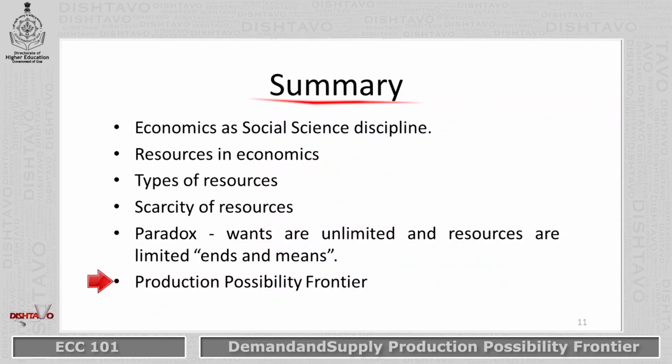Everybody must know that we have three primary economic problems: what to produce, how to produce and for whom to produce. There are of course more, but these are the three main economic problems of any society, any economy. If we can use resources very judiciously, the economy can do well. And the last thing is production possibility: how much I can produce from these resources is shown with the help of a diagram, and that is what we have summarized in this module about the basics of the production possibility frontier.